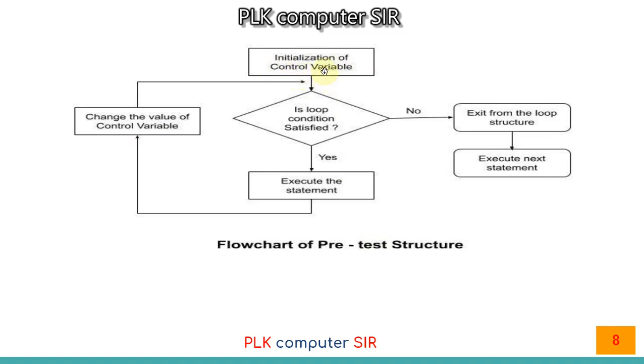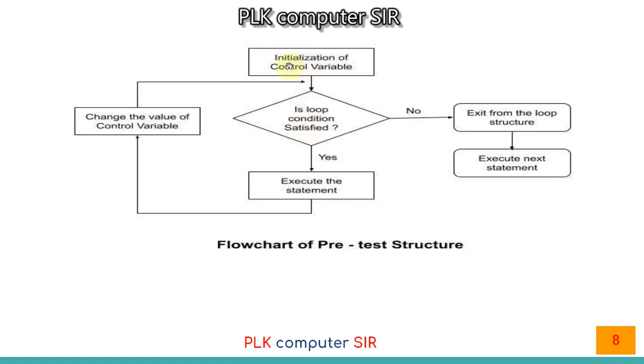After initialization it will come to the second step, where it will check the condition: is the loop condition satisfied? If the condition is satisfied, yes, then the statement will be executed, and the control goes to change the value of the control variable, either increase or decrease. It depends on initialization and